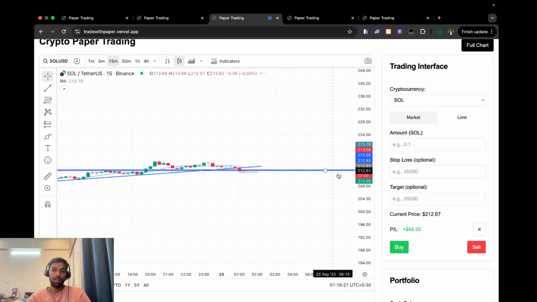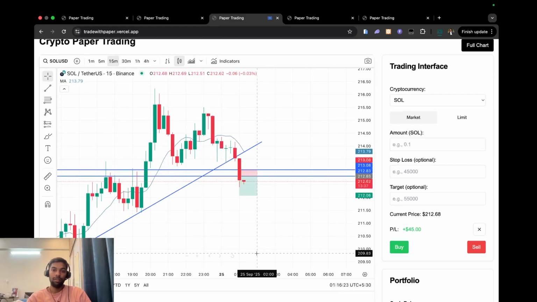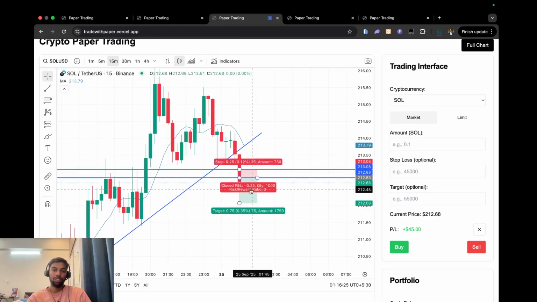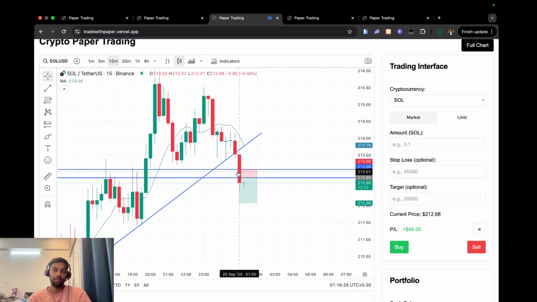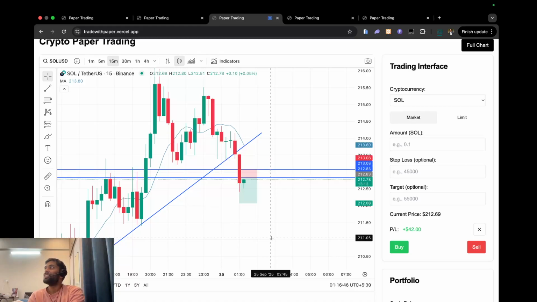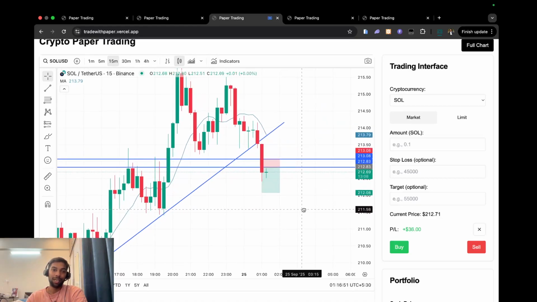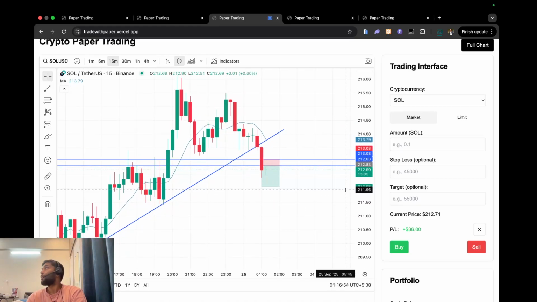So that's what I saw, because this previous 15-minute candle is also red. I'm just thinking about how it will behave, although it reverses pretty badly. But let's believe in the price action, and just trust the process.